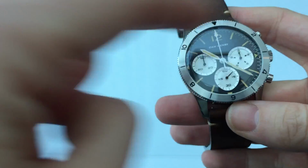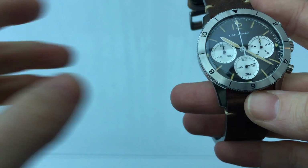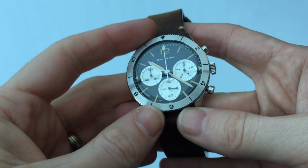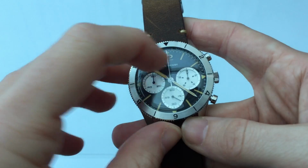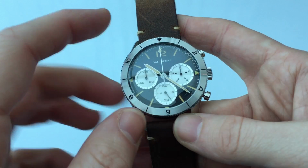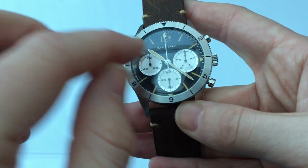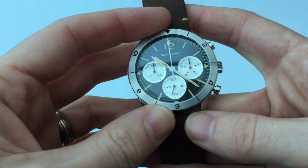So it's just another thing that's quite impressive for a watch under £200. The cutouts are all pretty accurate as well and nicely done. The printing as well, that's all pretty good. No complaints there, and the hands, very nice shape as well. Slightly unusual with the angles on either end, but again we're getting this vintage Hoya flavour coming